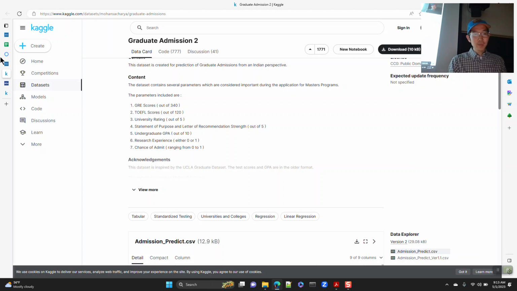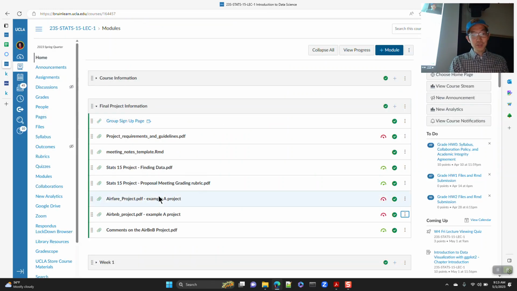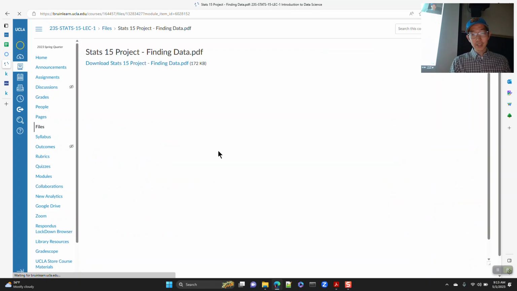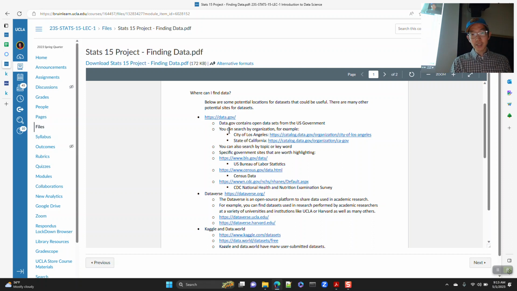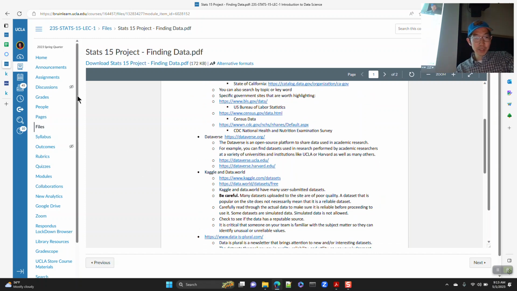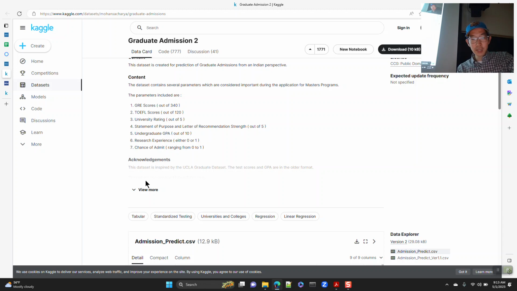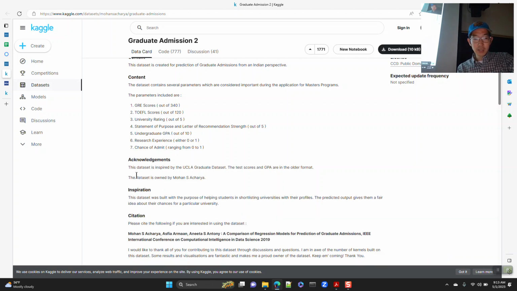Some of these issues are going to be non-issues if you stick with the resources I gave you under finding data, where I gave you some other places to check, like data.gov. You'll still have to explain some of the background information, but it'll be a little more clear. Usually a lot of these things will be well documented. If you do go to some place like Kaggle, okay,